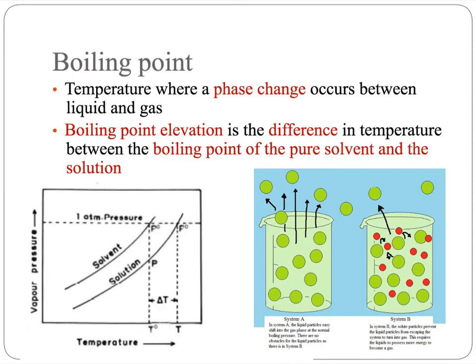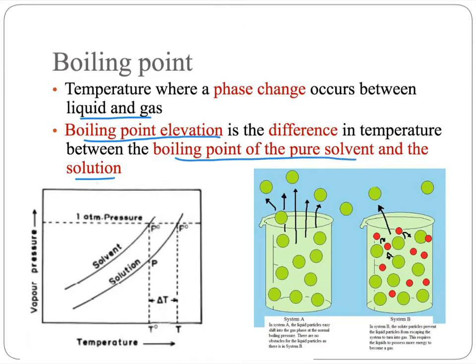The same is true for boiling points, just in the opposite direction. The boiling point is the temperature where the phase change occurs between the liquid and gas. And so instead of a depression, you have an elevation. The boiling point elevation is the difference in temperature between the normal boiling point of the pure solvent and the